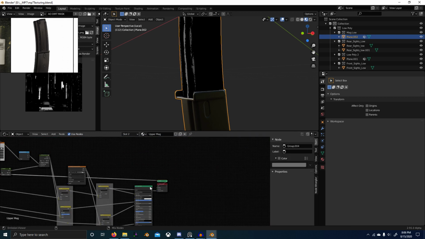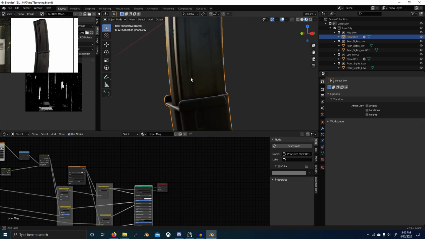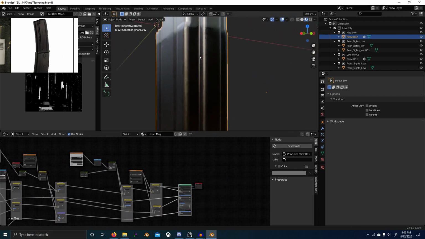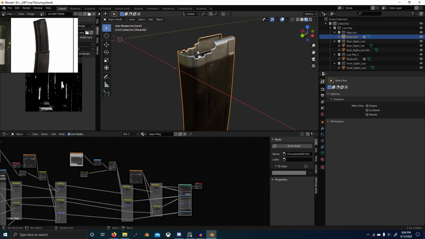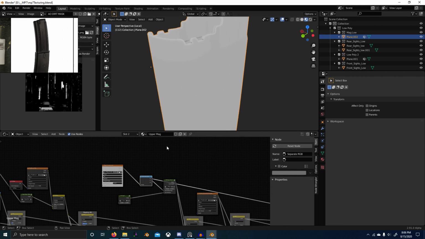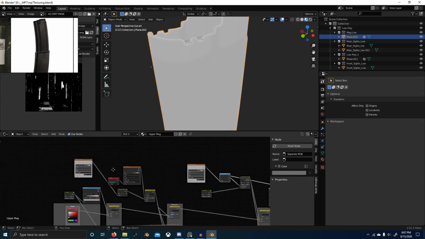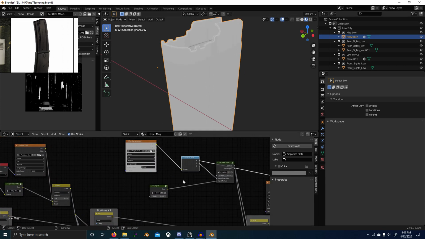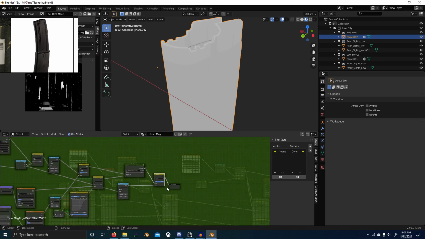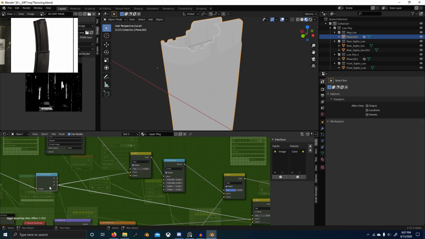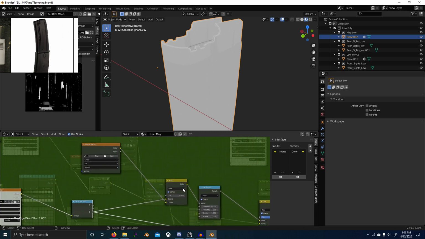Okay, so now let's view the material. Okay, and I have an idea to kind of fix this edgeware problem. Let's go back into our, I think this one, no, this one. Alright, and for our input map, we want to create a mix. So let's do a mix between the small one and the large one. And we want it to be mostly the large one, so